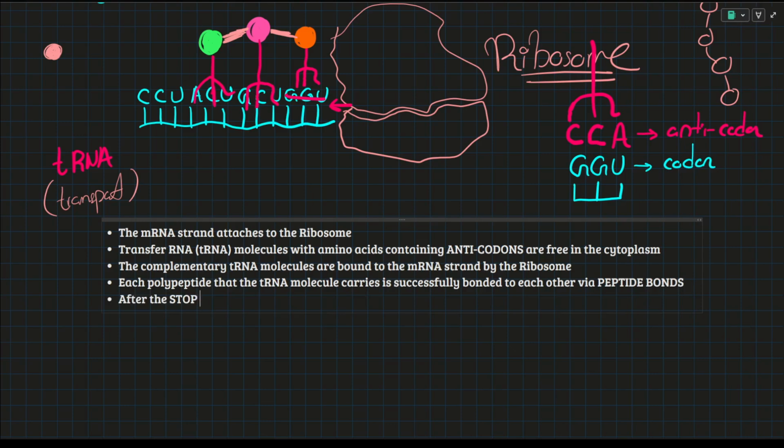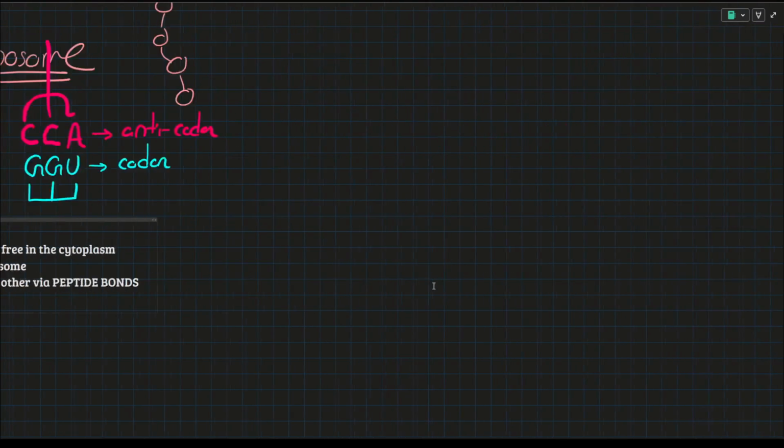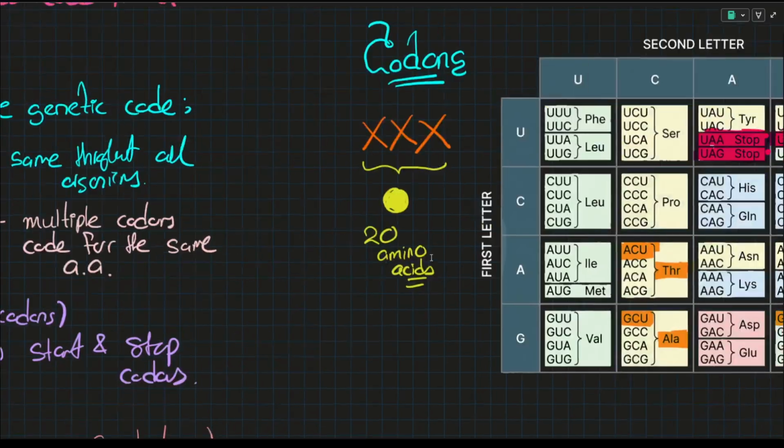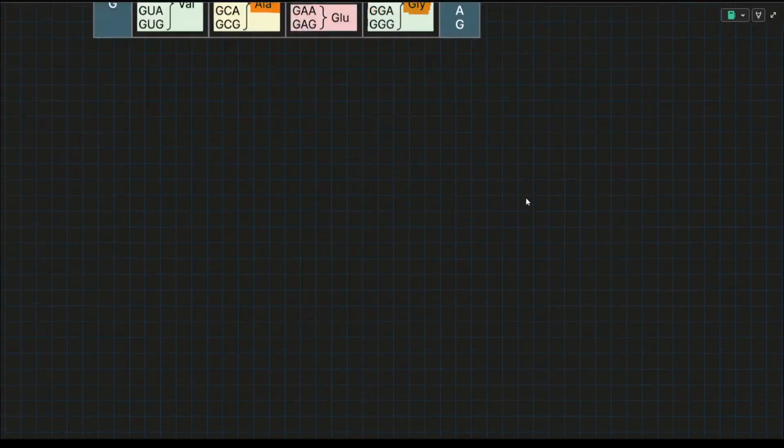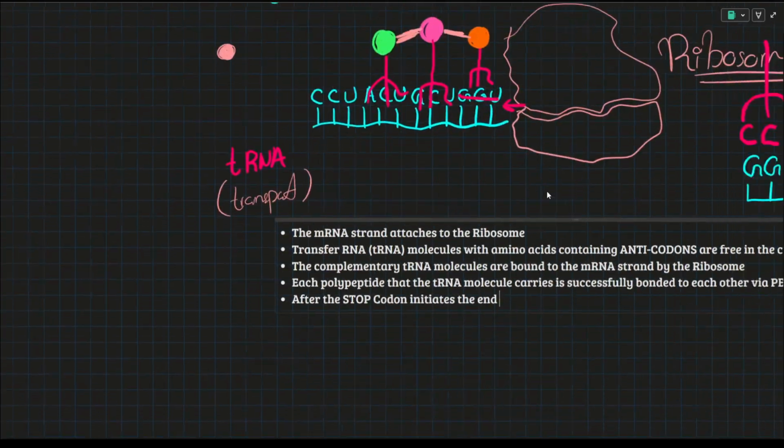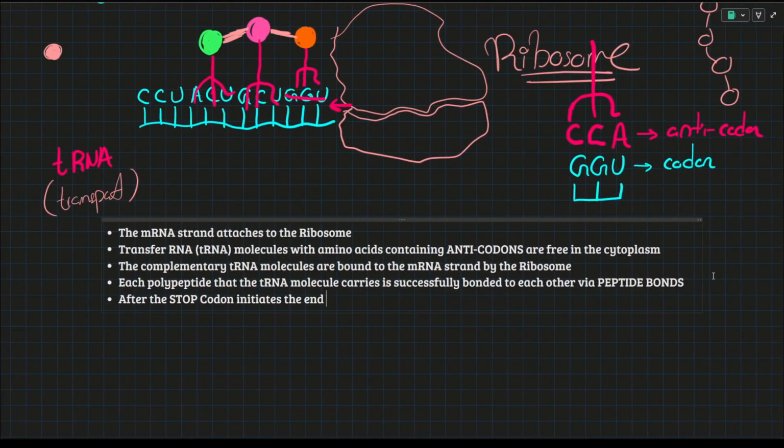And like we said, after the stop codon has been met, tRNA will not bring any more amino acids, okay, at the stop codon. What are the stop codons? Let's see. The stop codons are UGA, UAA, and UAG. After these stop codons have been met, guys, we are not going to be bringing any more amino acids into this, sorry.